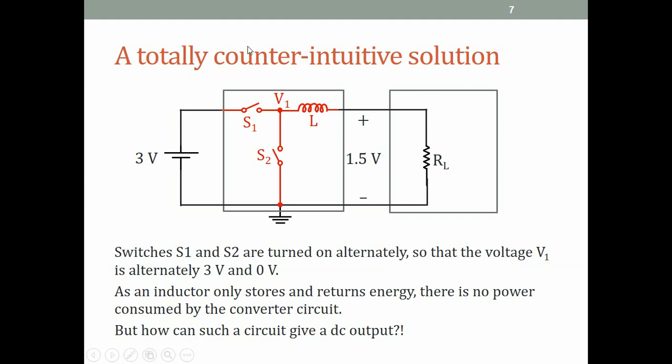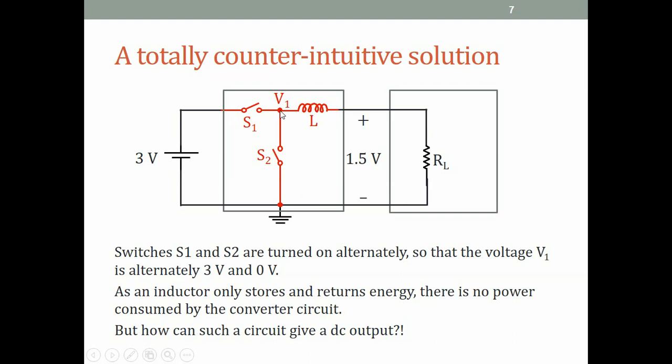But this is, as I said, counterintuitive. How can such a circuit give a DC output? So let us think about this. How can such a circuit give a DC output? Let us see. Instead of putting switches, just for the sake of understanding this circuit, what we'll do